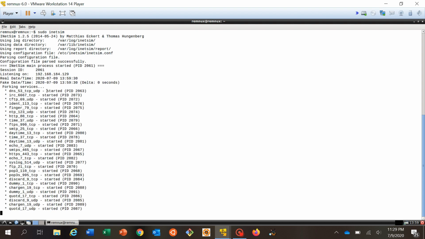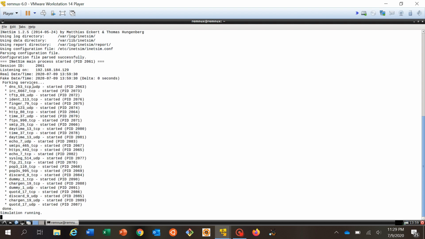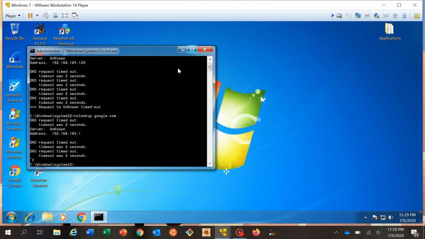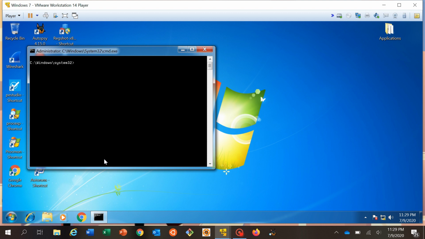Okay, so as you can see, DNS, TCP, all these are started and the PID is also showing, and the simulation is currently running, right? So there is nothing much you need to do on your REMnux. You just need to keep this service running. So that's all. And now if you go back to your Windows box and do a quick check